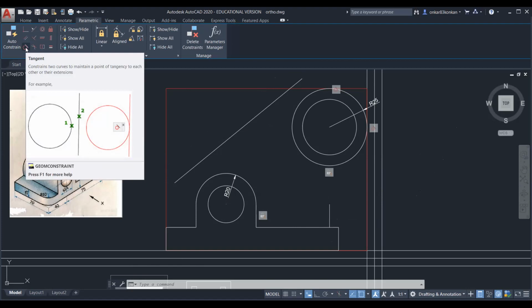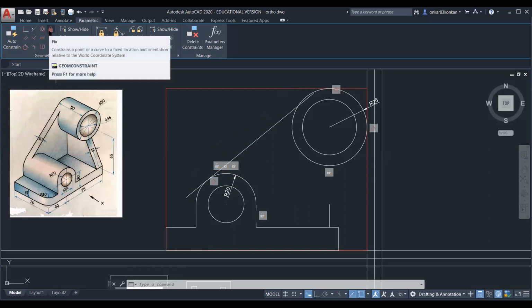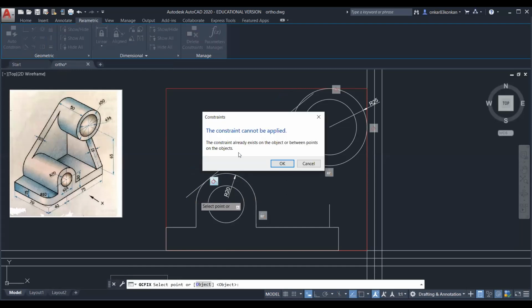So if you use directly tangent constraint, select this line and select this semicircle. Okay. So before that, you need to fix this semicircle. Okay. So for that, there is one command. So this is the fix command. So use the fix command, select this semicircle. So right now it is already existing.